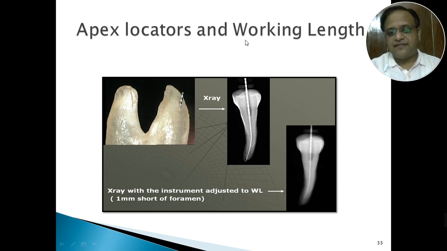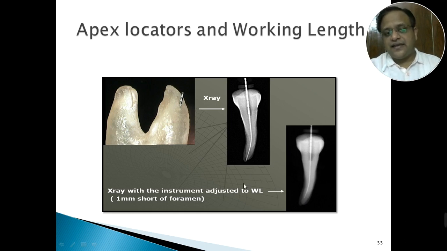But yes, if you see clinically what is happening inside the tooth, you have gone beyond the anatomic apex. You have created a lot of debris. That debris would have gone beyond the apex, and over instrumentation would have happened. This will also lead to over obturation and a lot of pain to the patient. You can see how short the working length should have been, almost 1.5 mm short of the working length that was taken with the radiograph only.